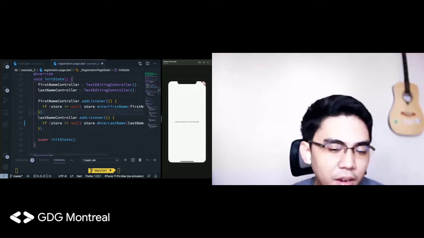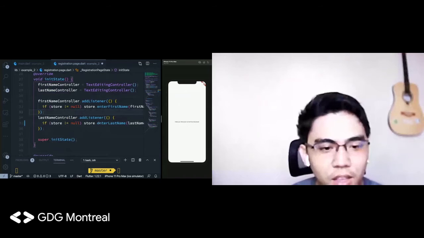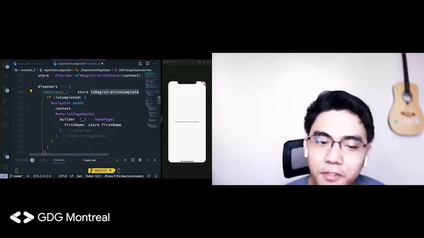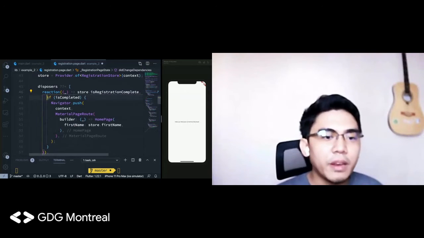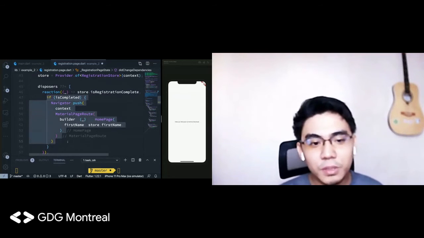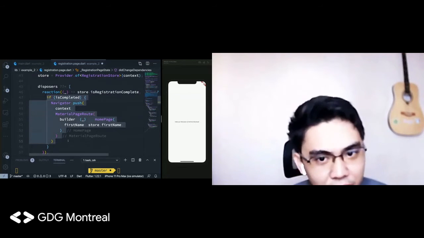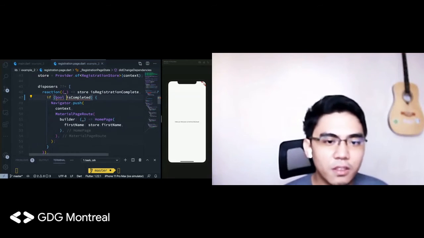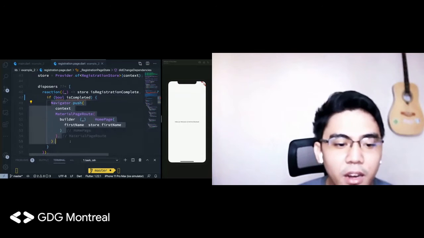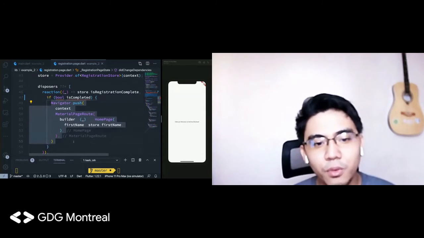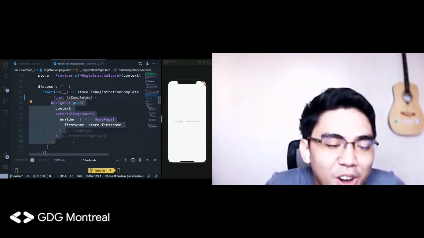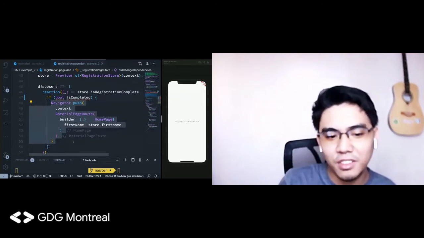So what happens here is we have a reaction. In the reaction, every time the user finishes the registration, this simply reacts to the changes. If the user has completed the registration process, then we can simply redirect him to another page, which makes your app more reactive because your navigation now also depends on the state value and changes